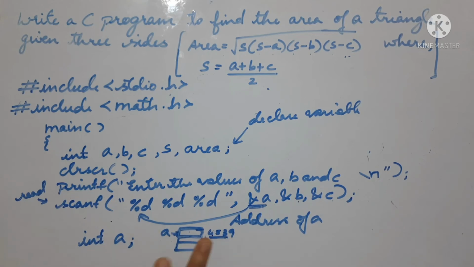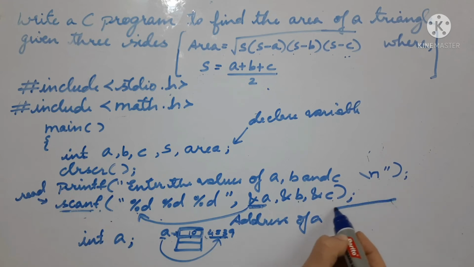Once I create a, space is allocated and only the address is known. Still the value is not inputted here. The value will be inputted by the user later. For example, I will give the value 10, then it will come and store here. Whenever I want to read a, first I will go to the address of a and then I will find the value. Similarly, in this scanf statement also, the values are fetched from the address.